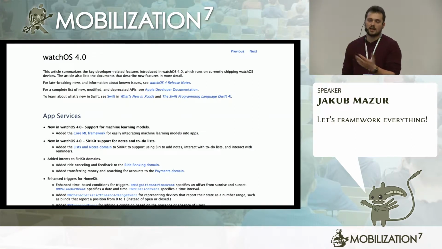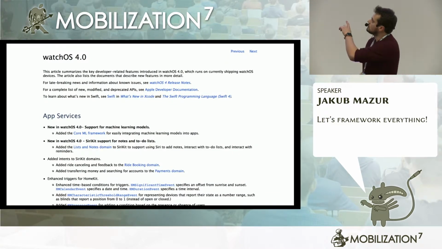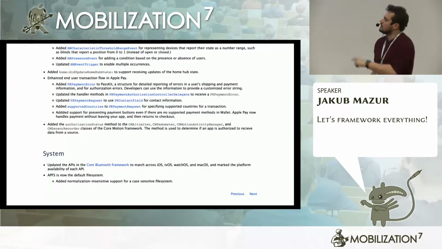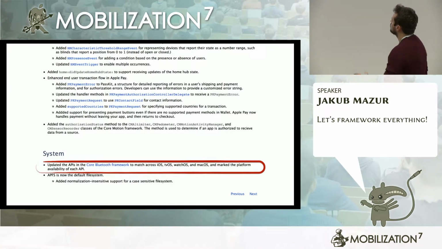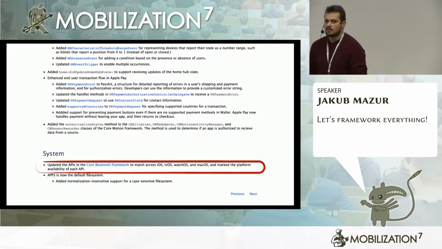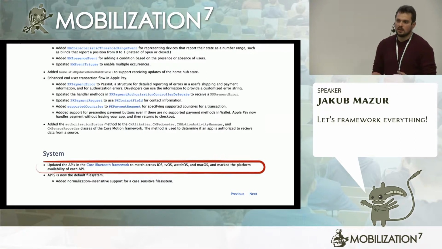Of course, there is no ARKit on watchOS, because how would it work? But Core ML, for example, has support for it. And if you scroll down this release note for developers to the bottom and see the system update, it says it updated the API in the Core Bluetooth framework to match across iOS, tvOS, watchOS, and macOS. And I think it's pretty cool because now we have no difference between the method names, between the variable names,